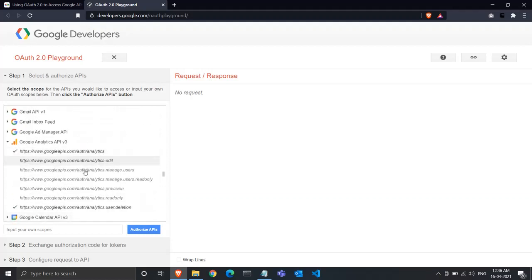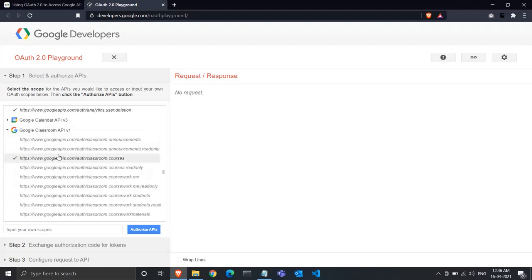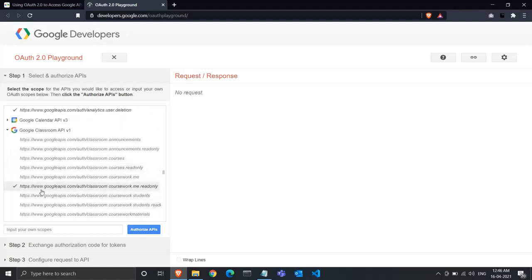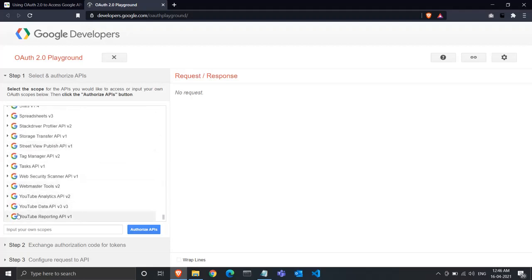So once I define my scope, I'll click on. Also, you can authorize more than one scope. You can work across APIs. I am currently working with Google Classroom API, but actually I don't have any account associated with Classroom API, so I will go for YouTube Analytics API.